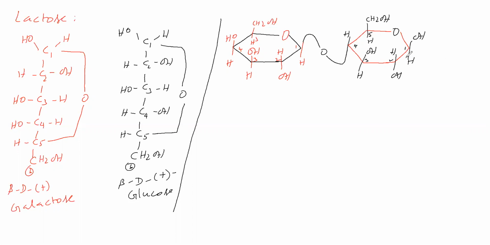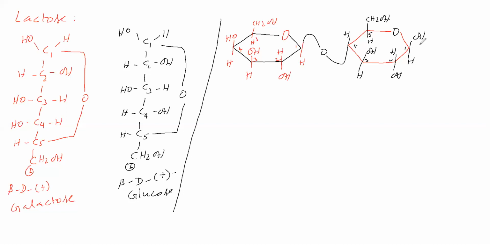This is lactose. In this lactose, this glucose unit's C1 carbon is in hemiacetal form. This can go for open chain. Open chain means becoming a free aldehyde group. That free aldehyde group can reduce Tollens reagent, therefore it is a reducing sugar. It can show mutarotation. This C1 carbon acts as the anomeric carbon. Okay, so now we have given lactose.